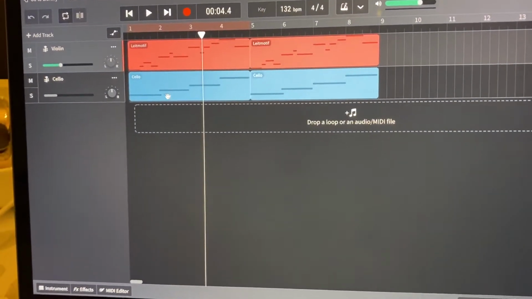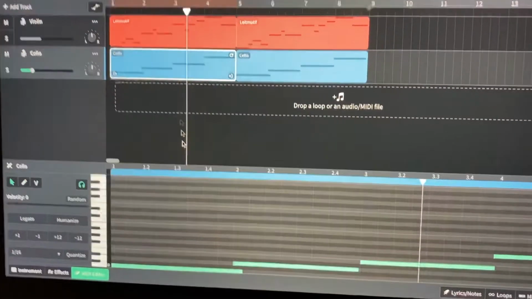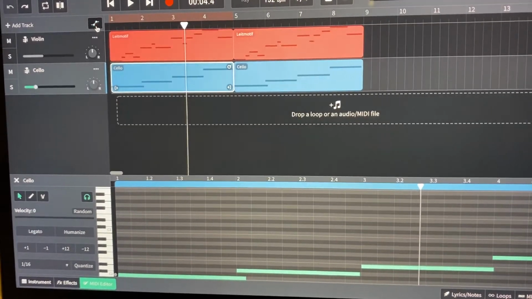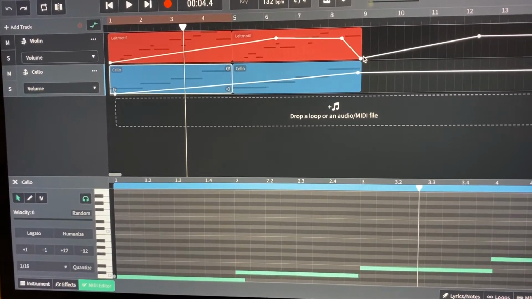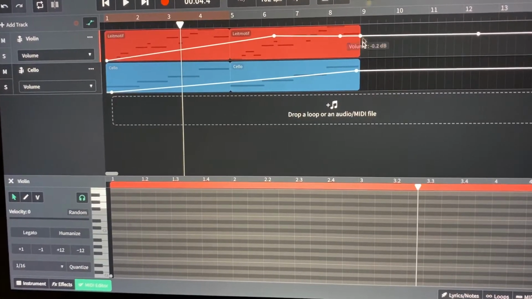Now we had the volume increasing, what was that? We had the volume increasing at the beginning through automation. I did some other stuff, so I'm just going to get rid of what I did before. Let's make the volume just the same. Okay,